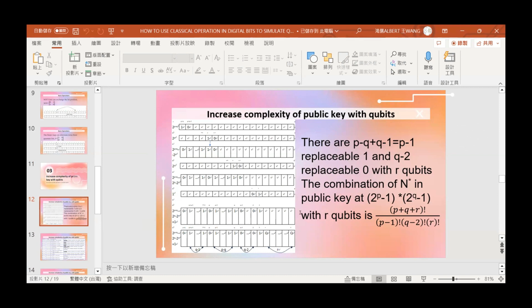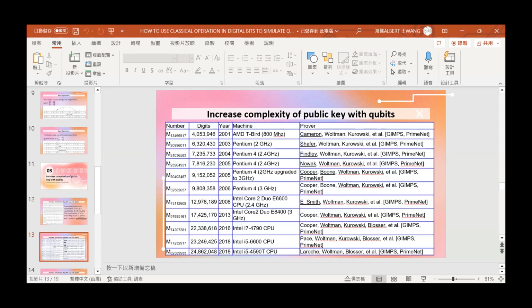So the combination of this result will be a p plus q plus r factor, and the randomness r factor will be put into 2 to the power of r. For increasing the complexity of the public key with qubits, we choose the first large one in